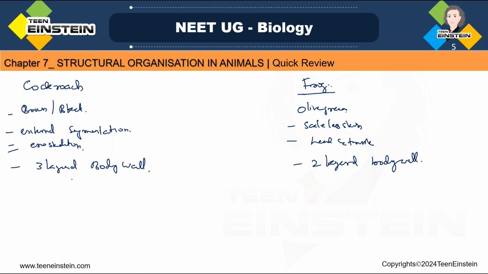Next, about the digestive system. Now the external comparison is over. Now we are moving to the internal systems. So let's say first about the digestive system. In cockroach, you can see the alimentary canal is subdivided into foregut, midgut and hindgut. Okay. About the alimentary canal, we need to say